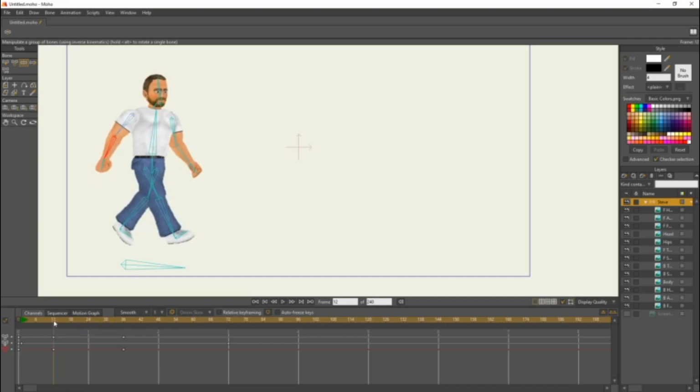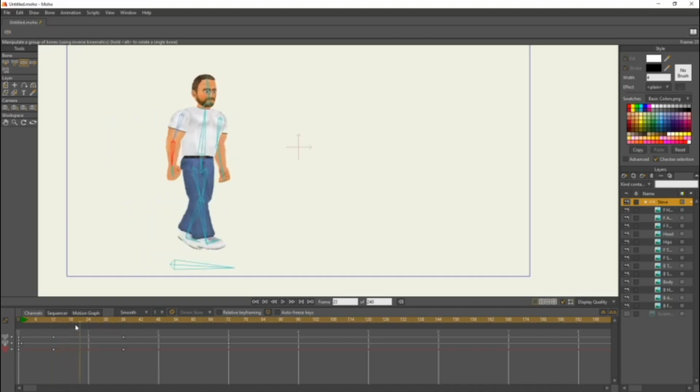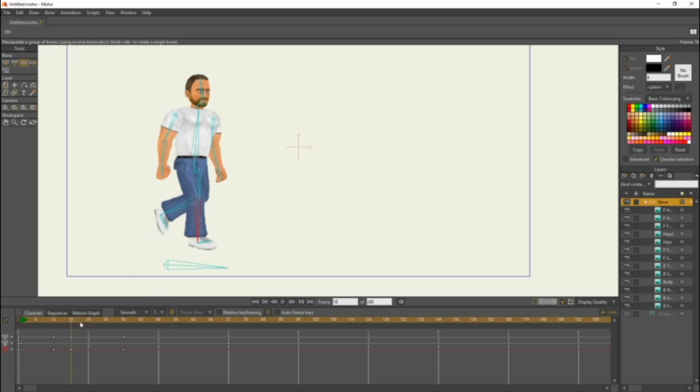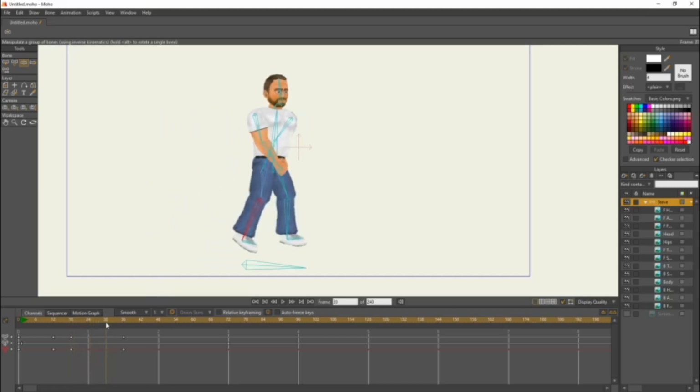So at frame, let's say 16, we're going to make it so his back leg is bending up and his front leg is a little bit bent, right? So it looks like he's stepping on that front leg. Then the same thing with frame 30.